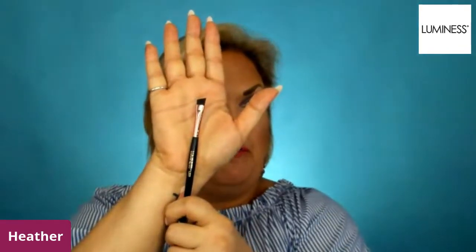It almost gives me an eye lift, which I'm all for. I don't have to walk around like this, but it gives me that eye lift. So those are things, guys, that you can kind of play with and see what's going to work for your eyes, what works best. I'm now going to take the angled brush, our 5-piece brush set,